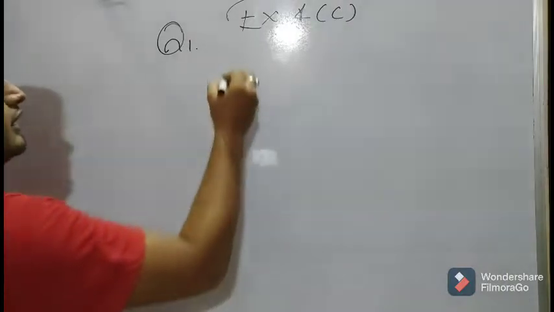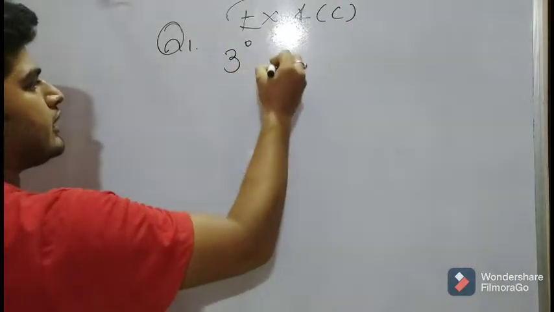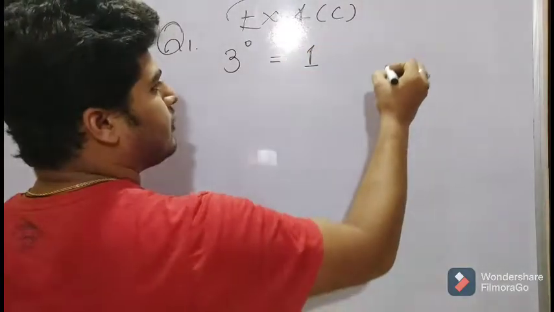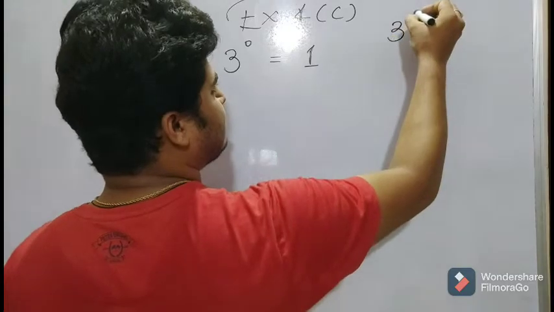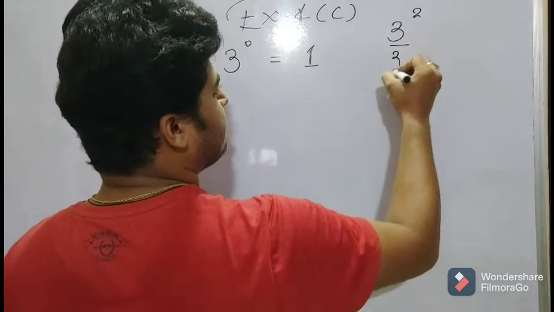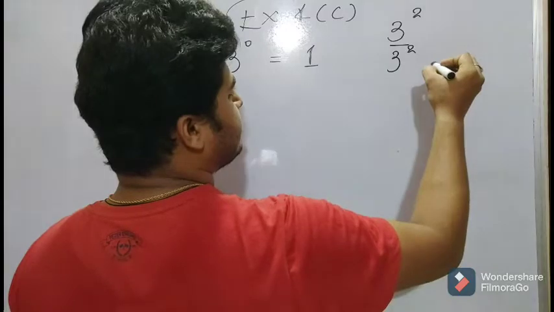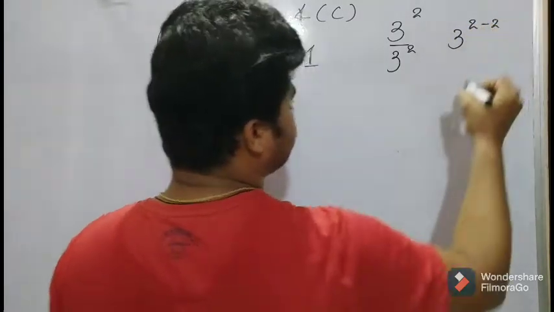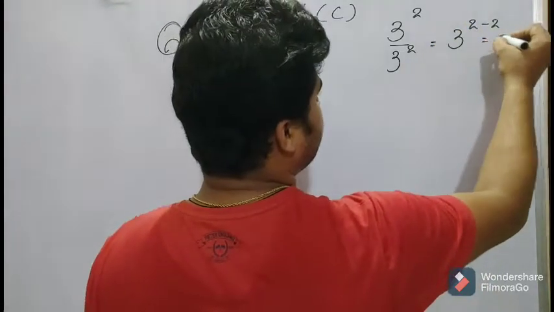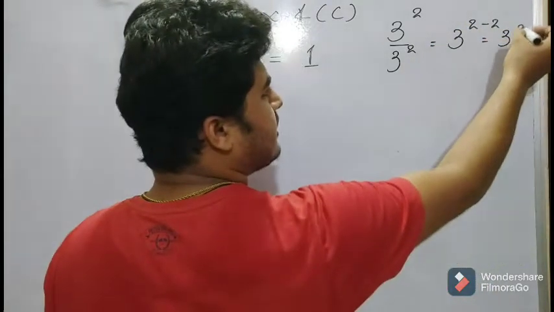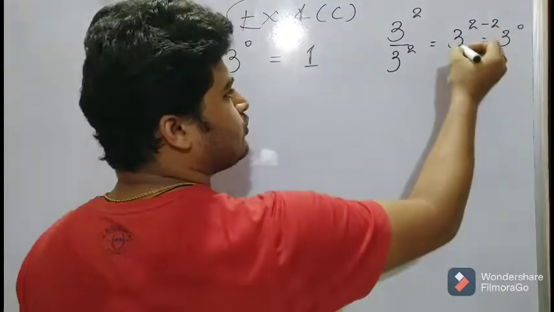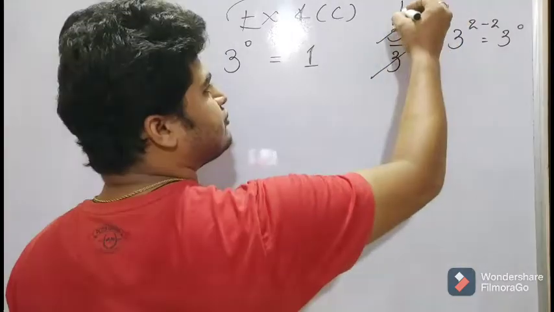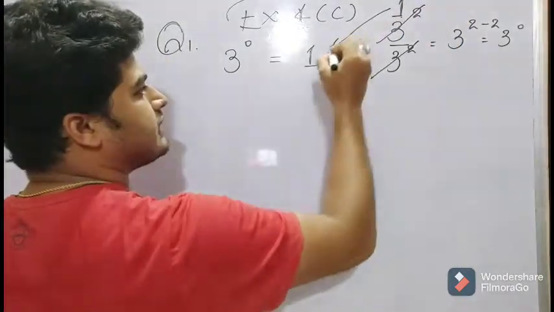Like it is saying 3 raised to the power 0. So any number raised to the power 0 is 1. I've already told you why. Because it can be assumed that 3 to the power 2 divided by 3 to the power 2. Right? Because in division, the power gets subtracted. So 2 minus 2, so it will be equivalent to 3 to the power 0. So 3 to the power 0 can be written as 3 to the power 2 minus 2, and it can be written as 3 to the power 2 divided by 3 to the power 2. So both will cancel out each other, leaving 1. So therefore the answer is 1.